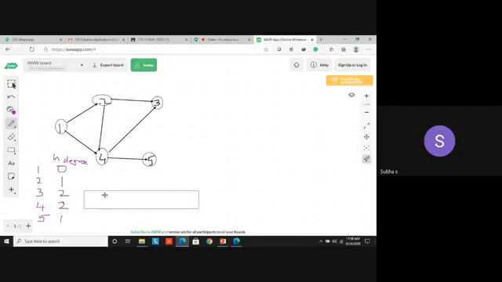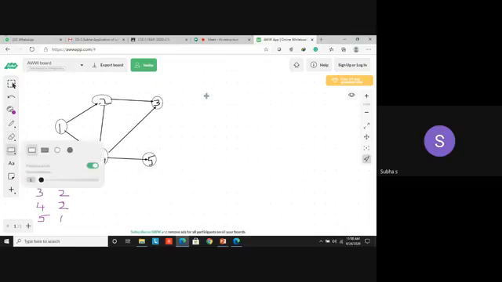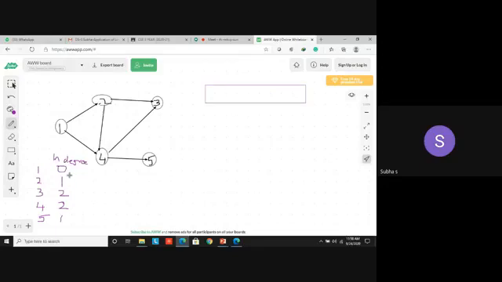I have to place it somewhere because we have to make some changes here. Now place vertex 1 into the queue first. It can go here, because in degree is 0 for vertex 1. So place it in the empty queue. Yes. Then what's the next step you have to do?